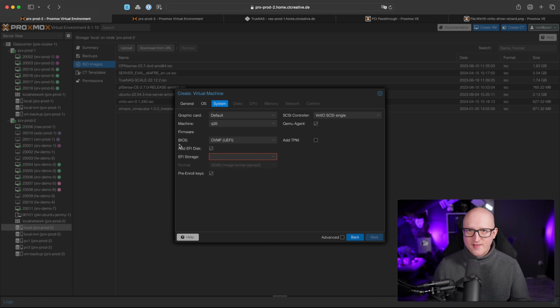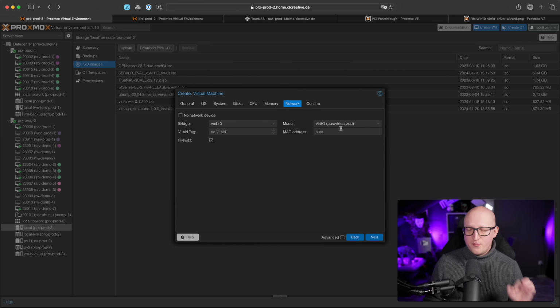Now, again, this is only a setting that I've configured on my NAS storage server, because there I needed PCIe passthrough. For most of the other operating systems, I haven't enabled this, except for Windows, where the UEFI features are pretty useful. But also, network, make sure that when you're creating a virtual network interface that you are selecting the VirtIO